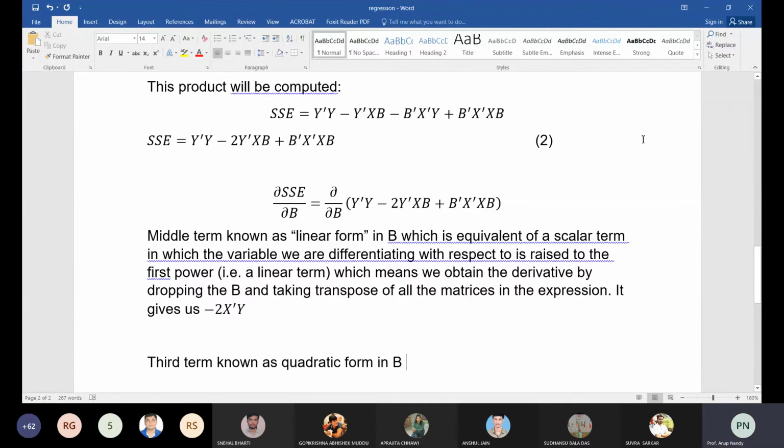Okay, because suppose you have x square, and if you do the differentiation, what are you going to get? 2x. Okay? So now I'm simply writing, because you need to do the differentiation. This is the second term, second power. The second power is a quadratic term, because you have x transpose x there. Now this means we obtain